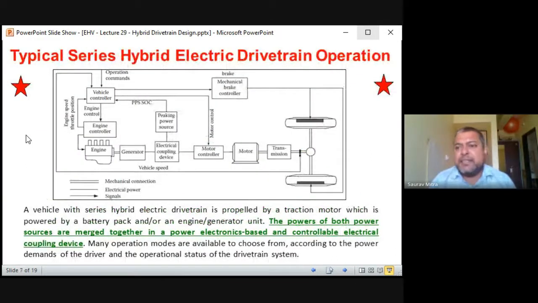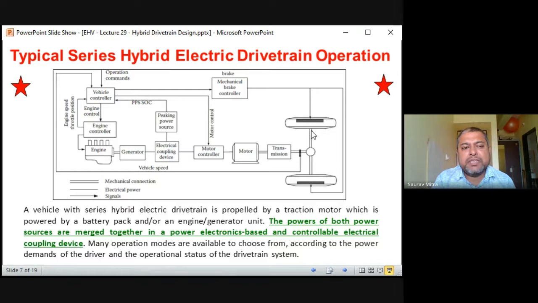Now you can see the diagram here. A very clear-cut diagram is given. You have seen a similar diagram previously, but in this case the PPS is also shown. Here this is the engine and generator, so these two are the main things. That's why this is called a series hybrid. Why hybrid? Because in this case you are using the engine as well as the generator. This is a mechanical thing, this is an electrical thing, so two different paradigms, electrical and mechanical, are connected in series. That's why it is called series. And hybrid means there is a peak power source, and the peak power source control is there likewise.